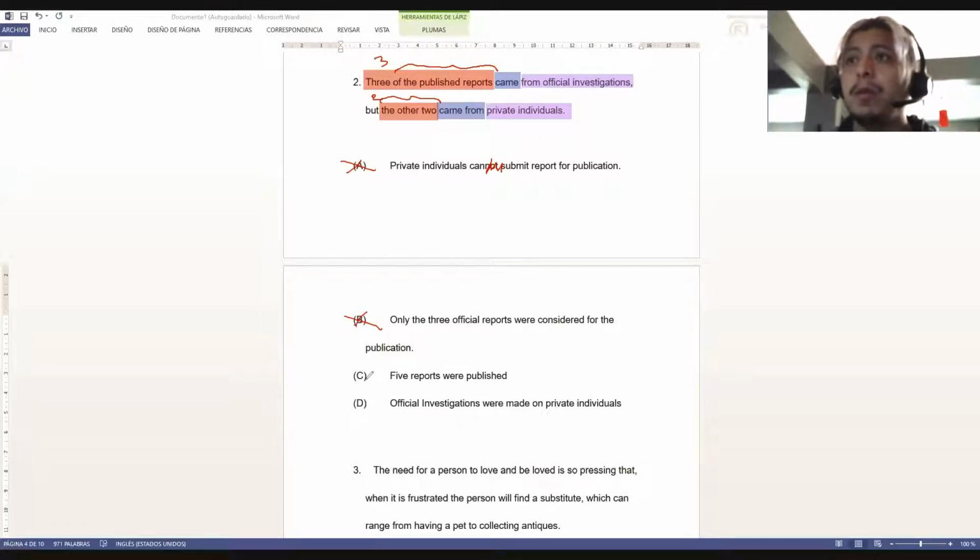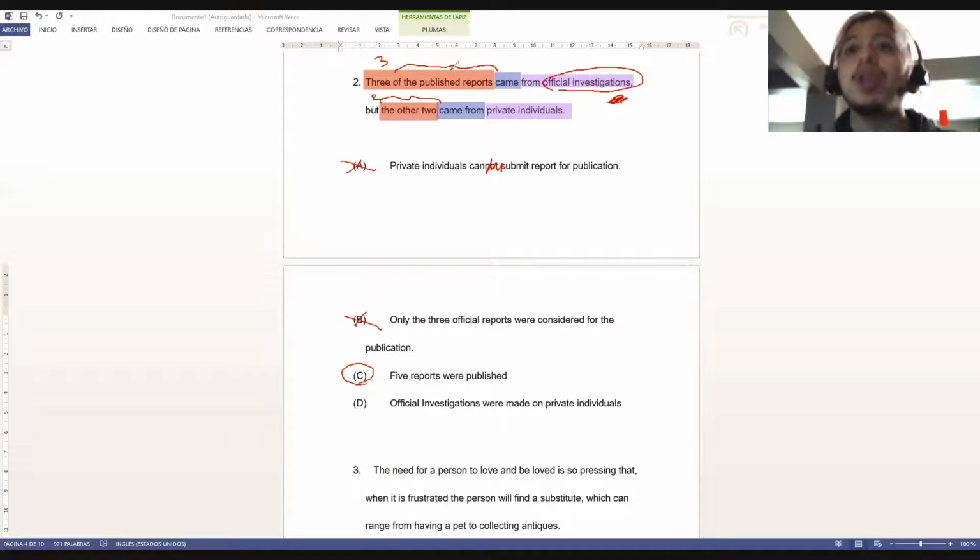5 reports were published, yes. 3 from official investigations and 2 from private individuals. In total, we have 5 reports that were published, okay? The official investigations were made on private individuals. This doesn't make any sense. Official investigations is not the subject. No. It's the object. The published reports, they came from here, but